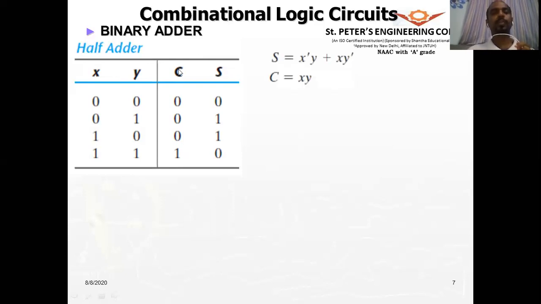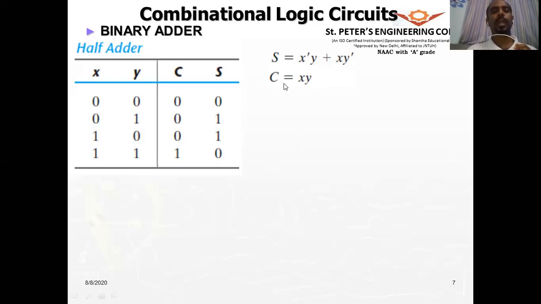If you write the expression in terms of the min terms, S is 1 when x complement y, or x y complement. So this is an XOR operation. S is 1 when there is an XOR operation of the two inputs.